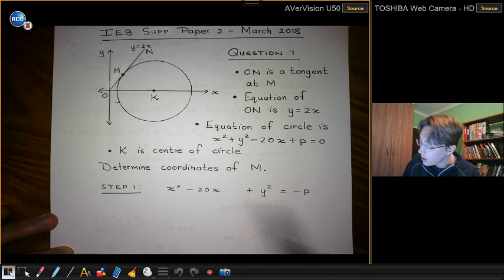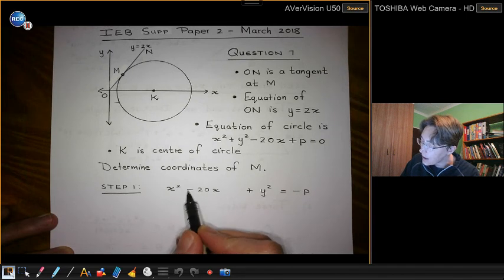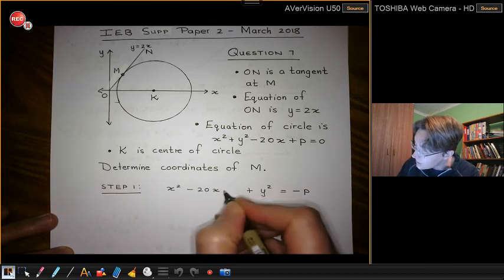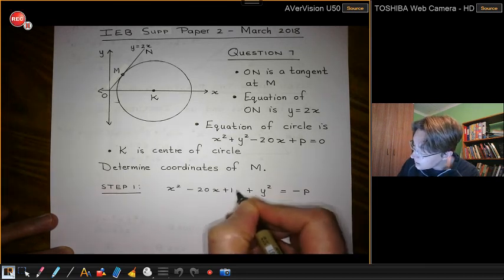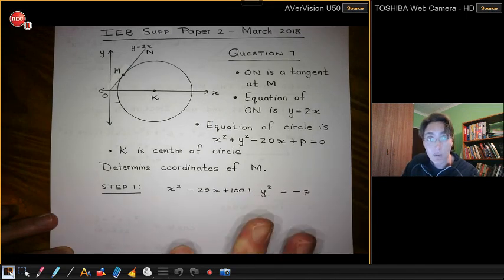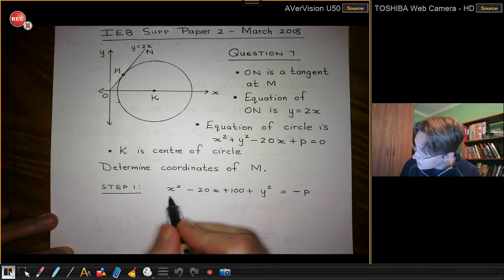This one needs to be completed, so I can then go and say minus 20 must first be halved. So if I half it, I get minus 10. And then if I square it, I get 100. So I add 100 there. This one, like I said, because there's no y, it's already in completed square, I can leave it the way it is. So this bracket,